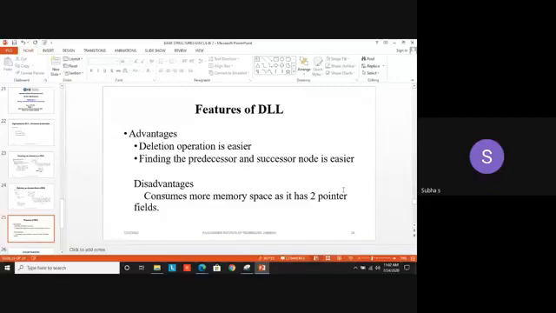A question may be asked, explain the linked list implementation of doubly linked list or explain the linked list implementation of singly linked list. You have to write these routines: insertion, deletion, searching. These are the 3 important routines. Searching is nothing but finding. Retrieving the element means getting that particular element. Similar to find only, going to that particular position and getting that particular element.